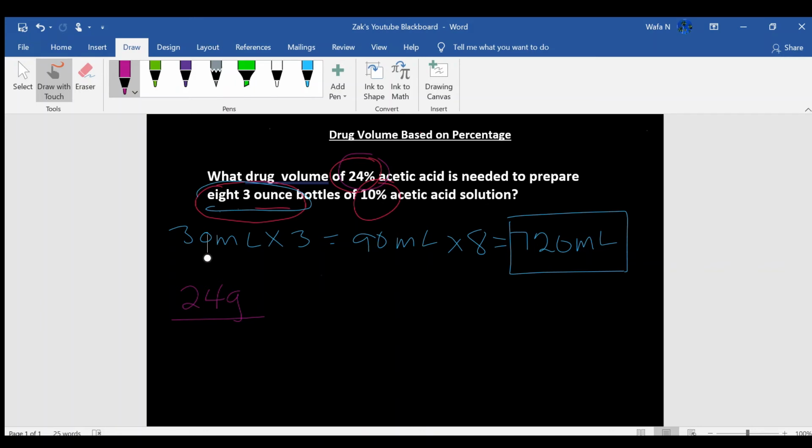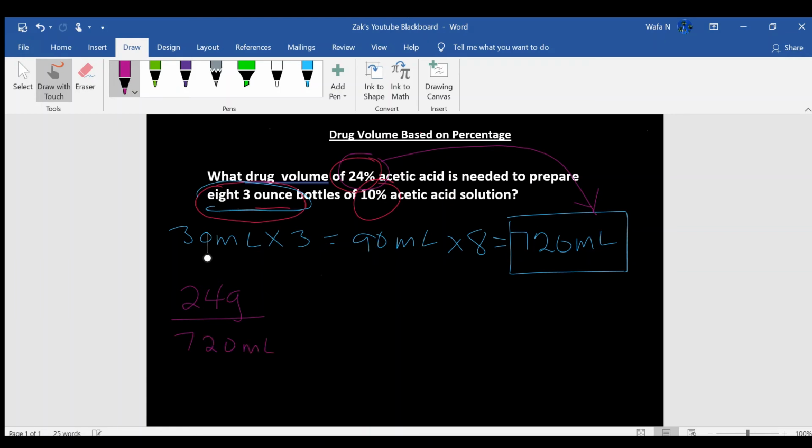The percentage tends to be converted into grams to make it easier, because you want it based on weight per volume, not percentage per volume. So it's the same number. The unit that we put next to it doesn't really matter that much, but it makes it easier when we set up. So the 24% is going to be based on the total volume, which is the 720